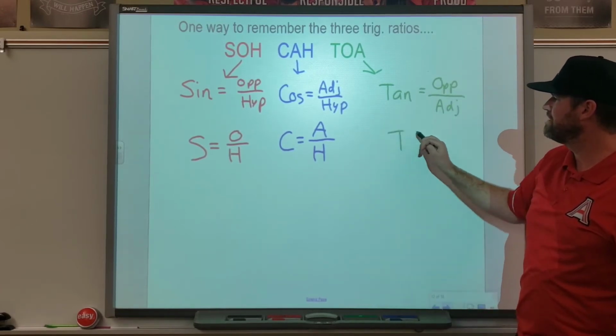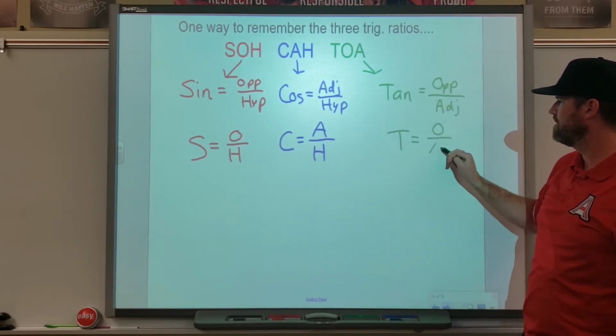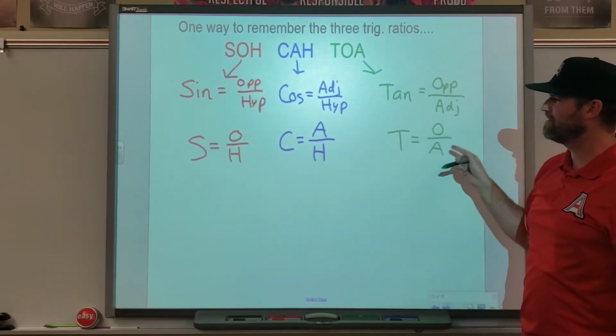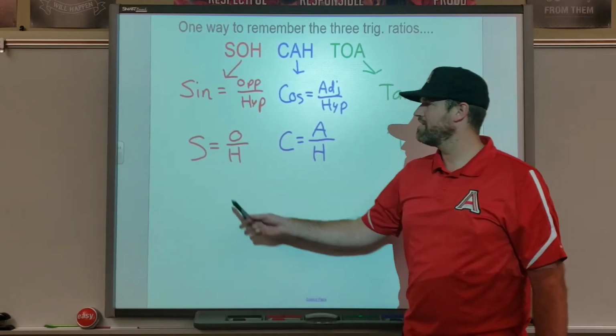Or T equals O over A. So TOA: tangent equals opposite over adjacent. So when we put that all together,